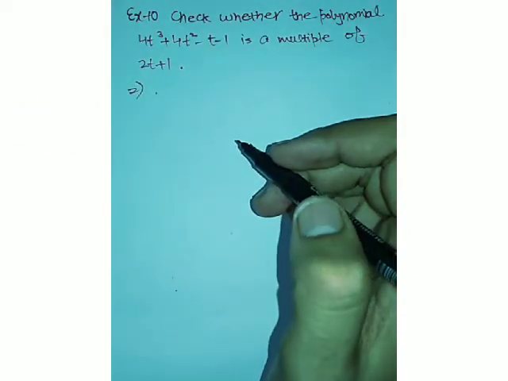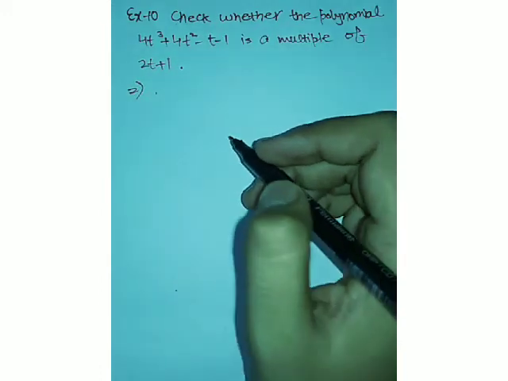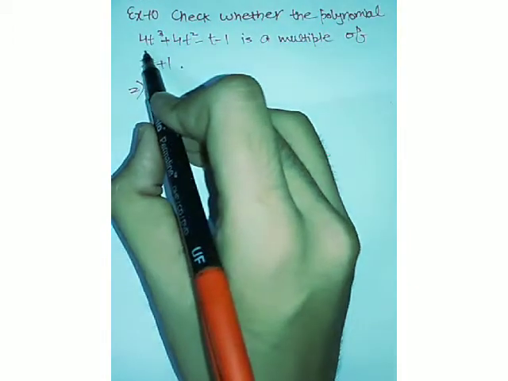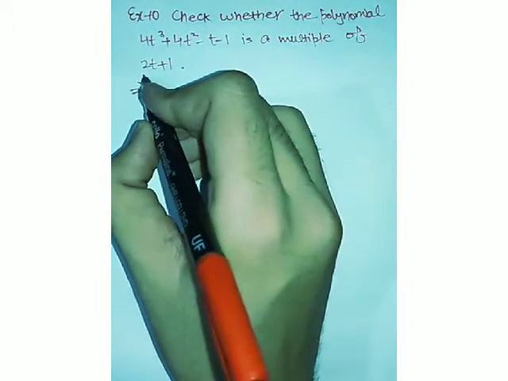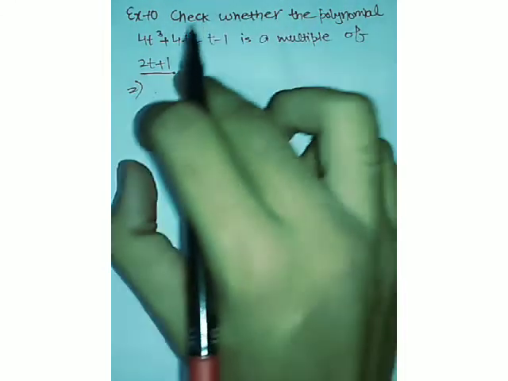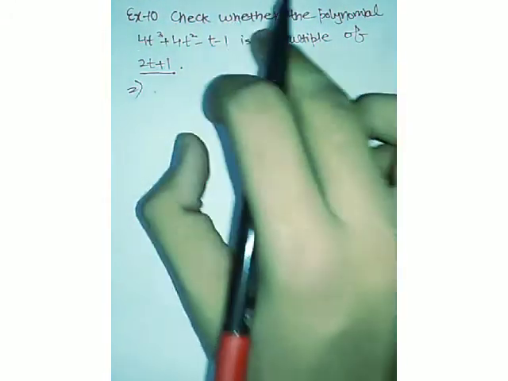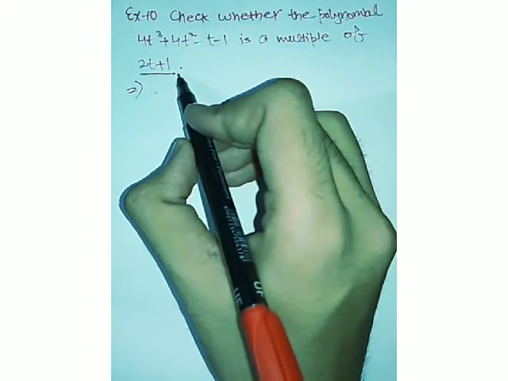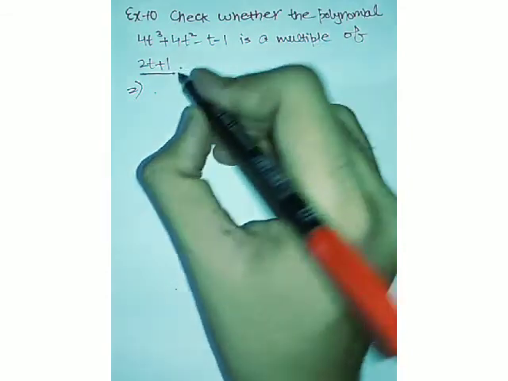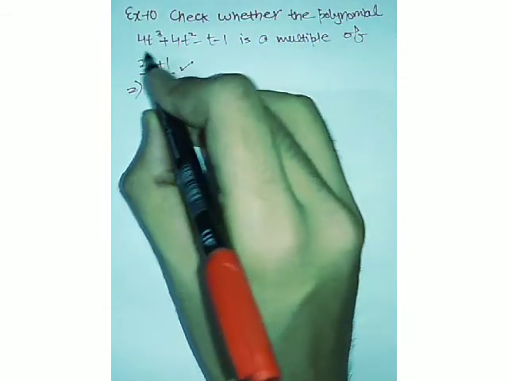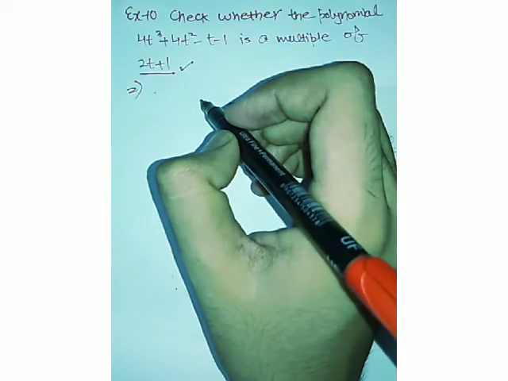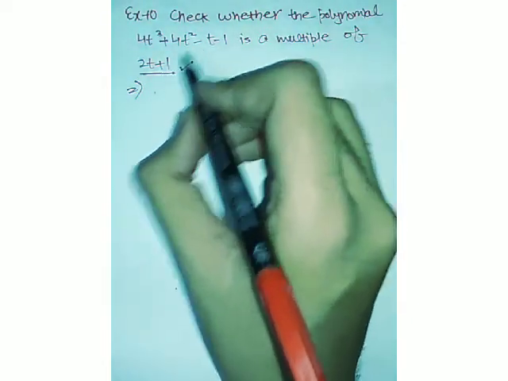This is our last example of this exercise, and in this we have to verify whether the given polynomial is a multiple of another polynomial which is also given. So we know if this polynomial is a multiple of this polynomial, it means it should be 0 by substituting the value of t which we will get from this equation. Alright, it means the remainder should be 0 if this polynomial is a multiple of the other.